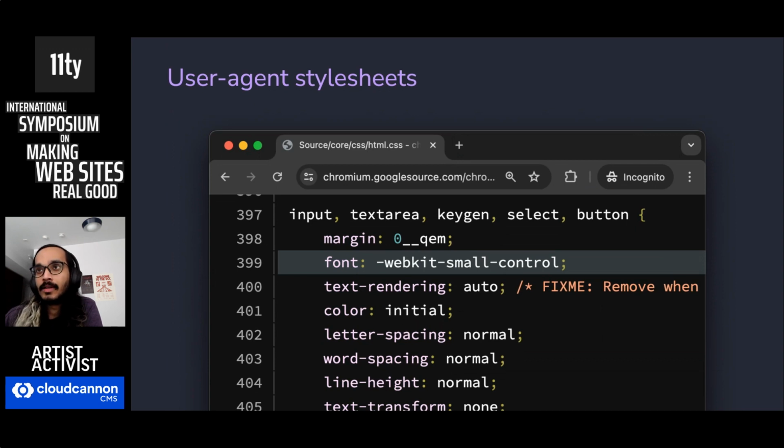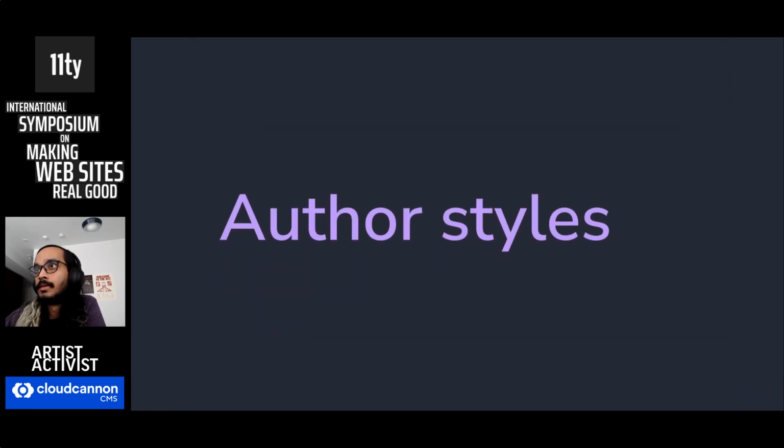This font property is probably the reason why every CSS reset that you see uses something like font inherit on inputs, text areas, and buttons, just so that these elements will match the font size and font family of their surroundings. So yeah, this is the first step in the cascade, and then come author styles.